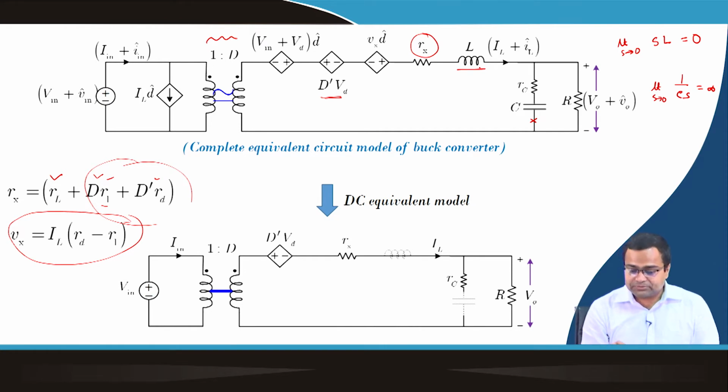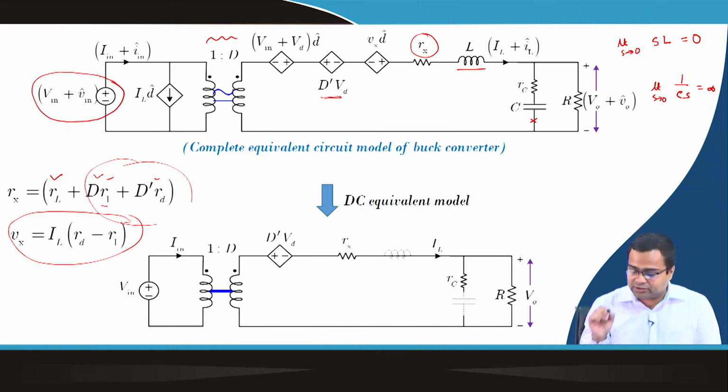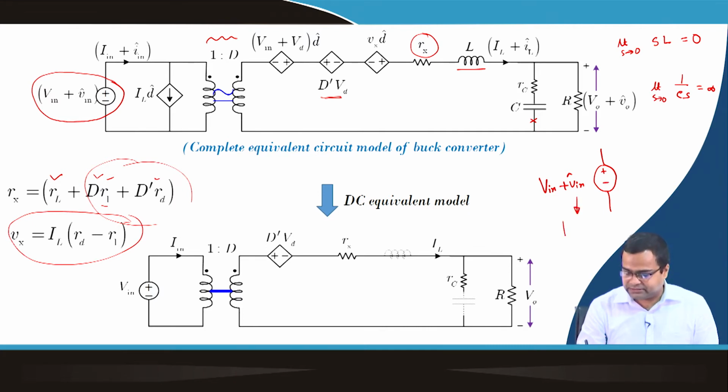Next, all the AC terms should be set to 0, because if you take this particular term, for example, it consists of two terms. One is the input, which is a DC term, plus the AC part of Vin. So, if this is our source, this can be divided into two parts. That means it is basically the sum of two sources.